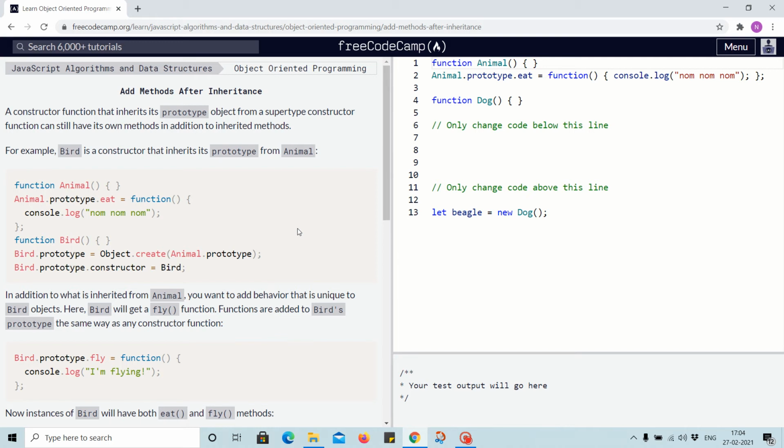Add methods after inheritance is the topic of this video. A constructor function that inherits its prototype object from a supertype constructor function can still have its own methods in addition to inherited methods. For example, Bird is a constructor that inherits its prototype from Animal. In this case, we have a constructor Animal. Here we declared a method for the Animal.prototype, that is eat,